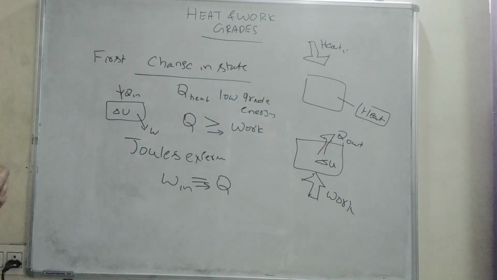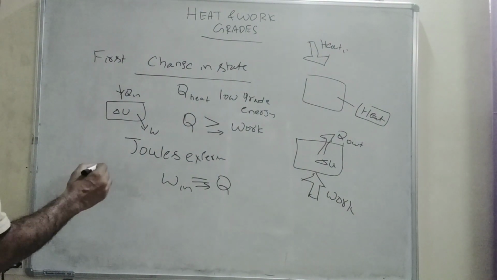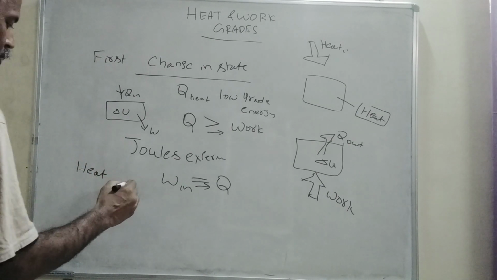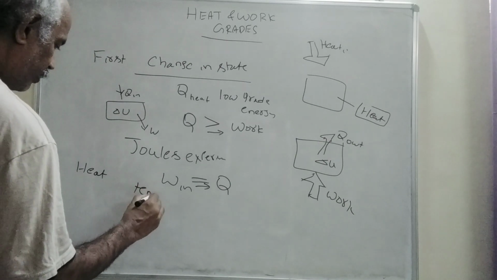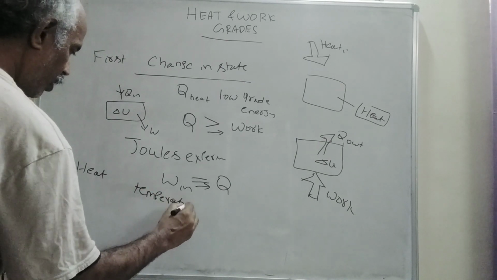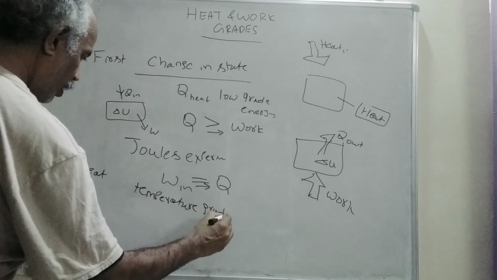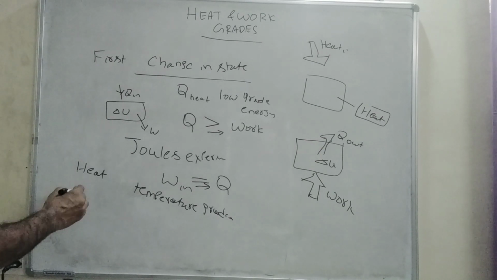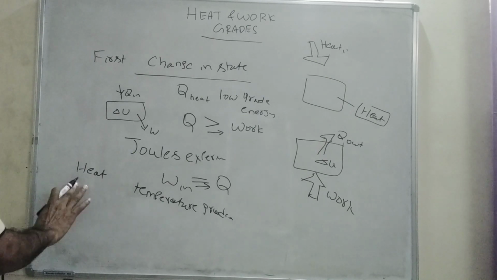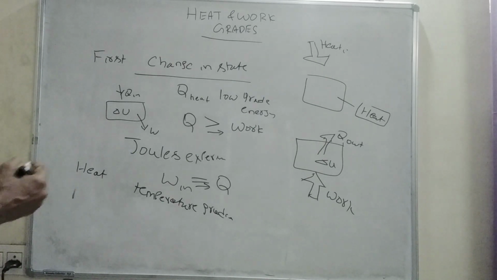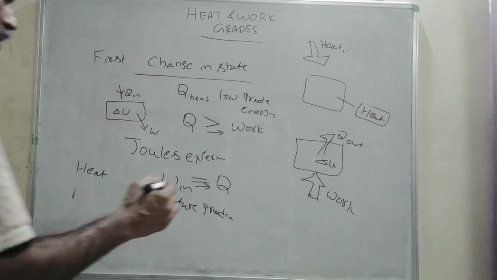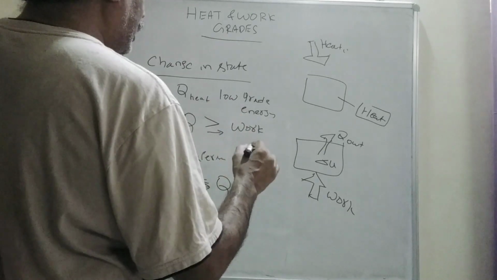Because of this, the heat input to the system will be used to generate temperature gradient. And similarly, the water at higher potential will be the cause of flow of water. And electric current is the cause of potential gradient. So you can differentiate the heat and work like this.